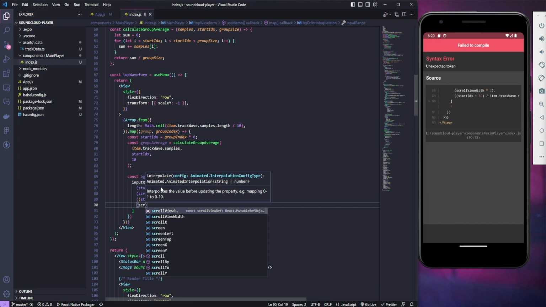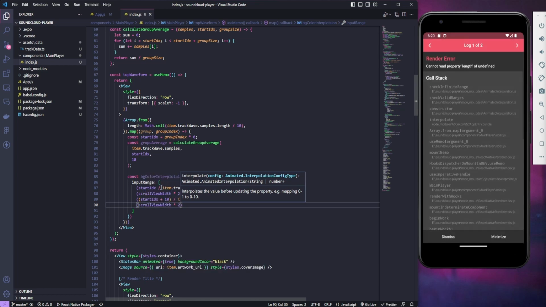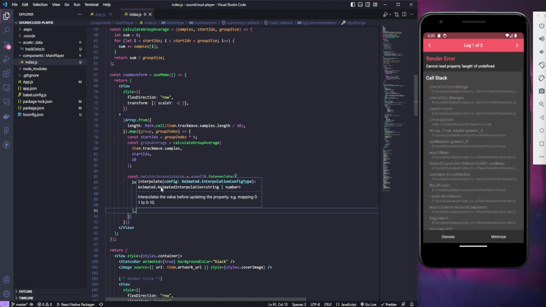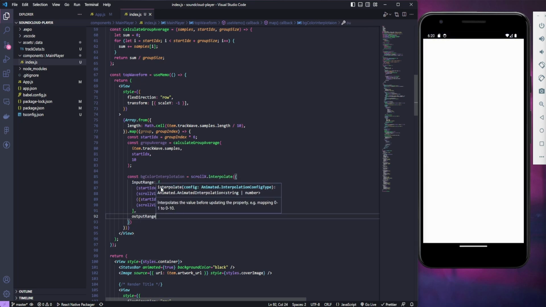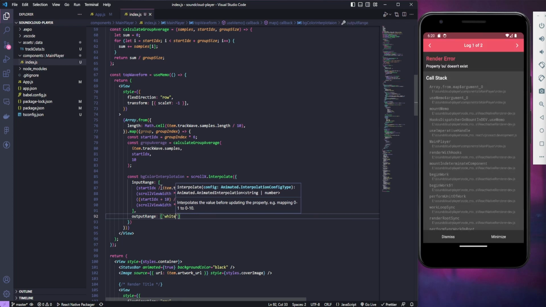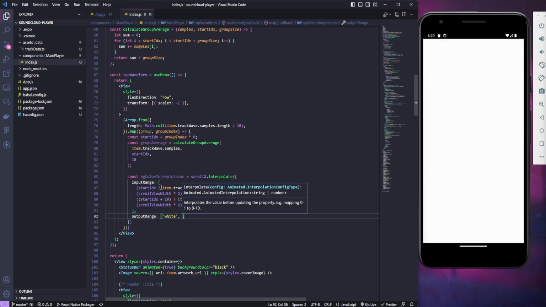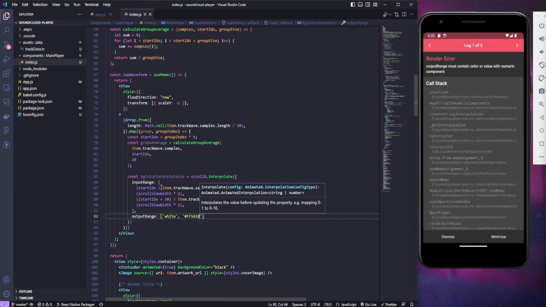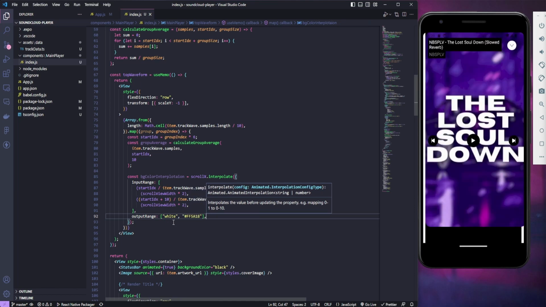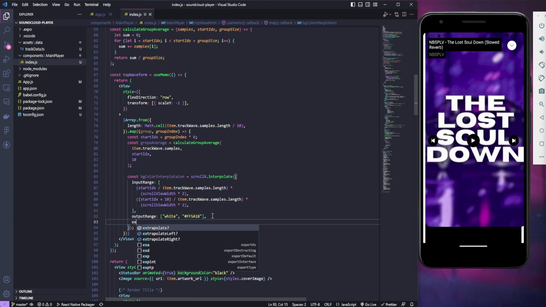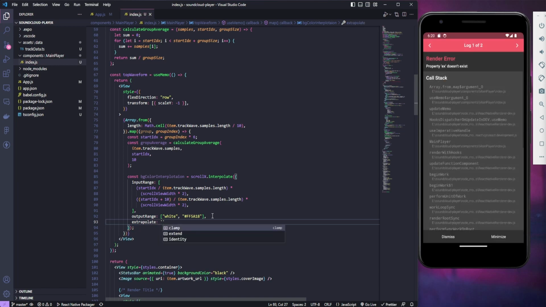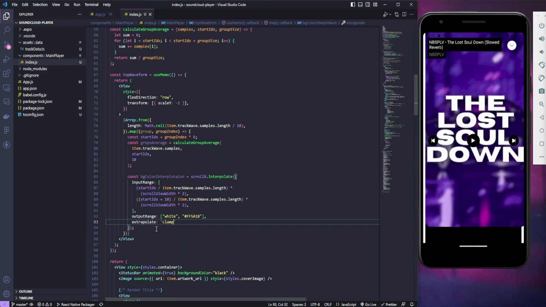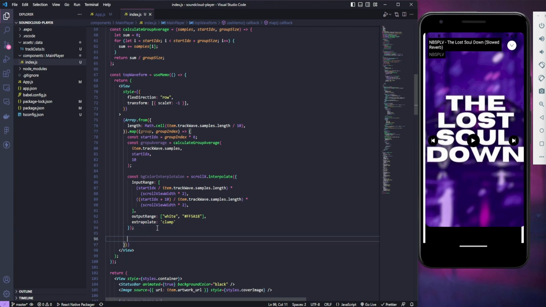Here, scroll view width. Okay, let's do the output range. So now white, and the second will be the orange color, F518. So this one will give the output range. Okay, so extrapolate of clamp. Okay, so now we can return